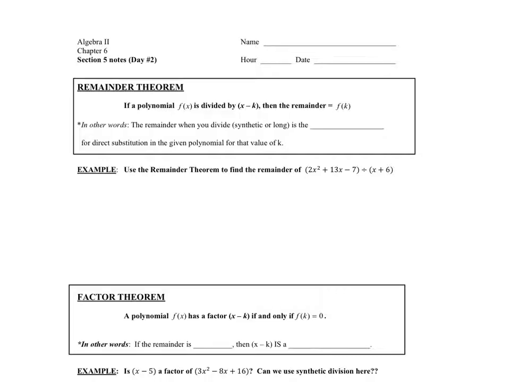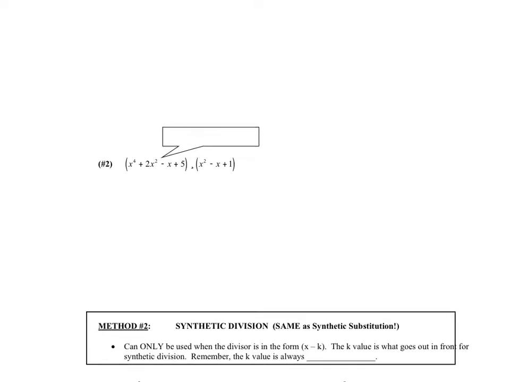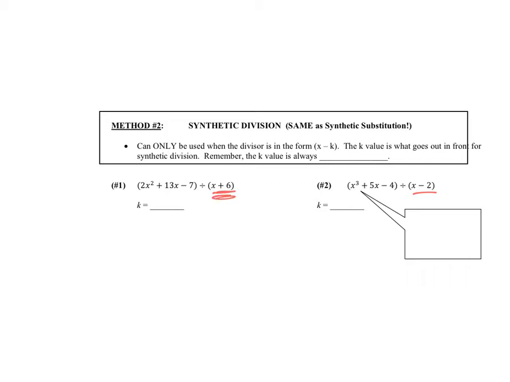The remainder theorem says that if a polynomial, f of x, is divided by x minus k, which is what we did yesterday, then the remainder is f of k. So basically, if you plug in k, so we put in k equals negative 6, when you put that in and do synthetic division, the remainder is what we get at the end. All right, and yesterday in the notes, it looks like this. We had 2, 13, negative 7, and